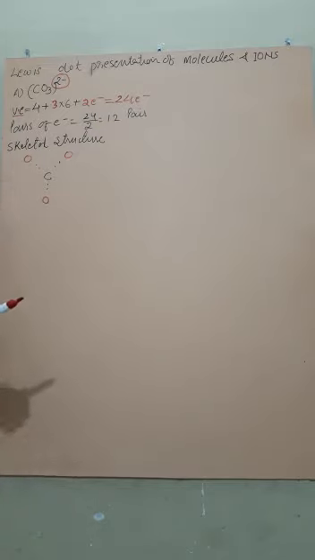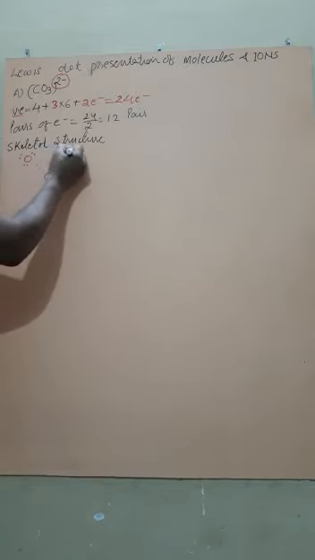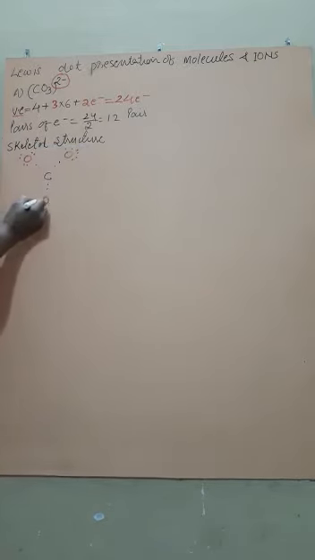So what to do? We have to complete the octet of each and every species. Getting? So now by placing the pairs of electrons. Now student, for oxygen there must be 8 electrons, but there are only how many electrons? One pair of electrons means 2 electrons. So how many pairs are required? 3 pairs are required. Say 1, 2 and 3. Okay, similarly here, 1, 2 and 3. Similarly here, 1 and 2 pairs.